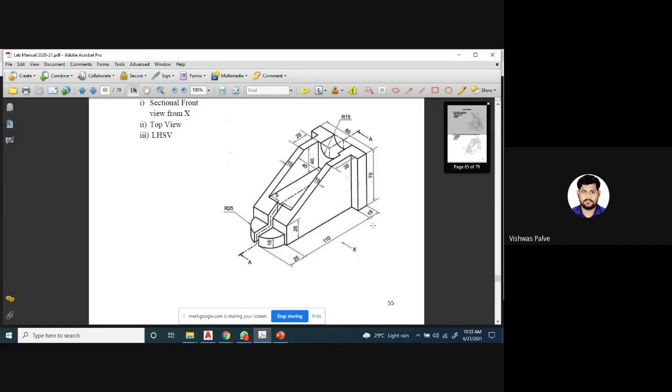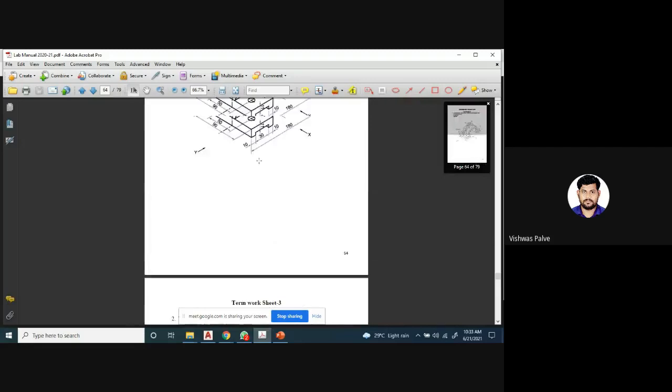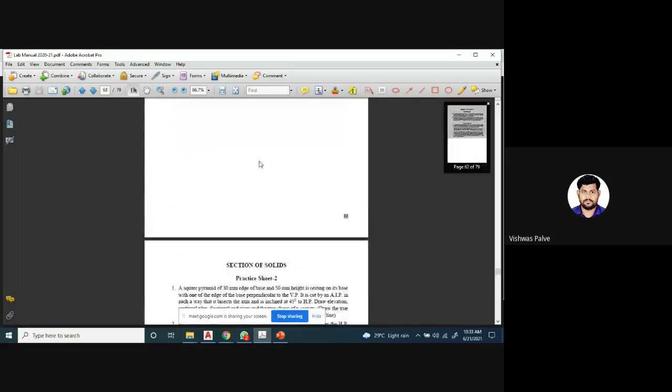That is the maximum length. What will be the maximum height? 75. Okay. What will be the maximum width? 80 millimeters. So I was explaining about this term worksheet.